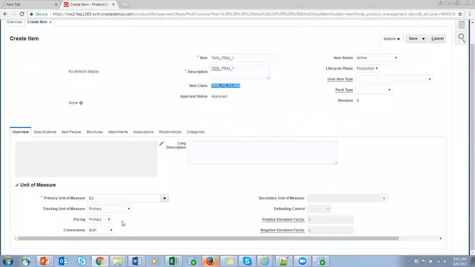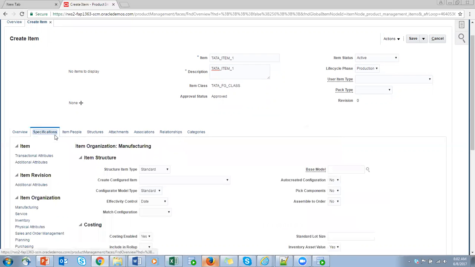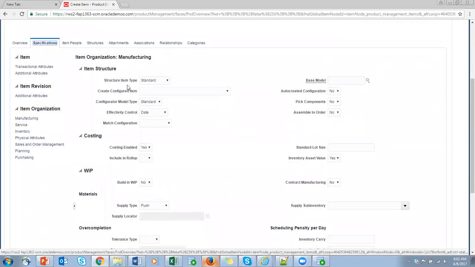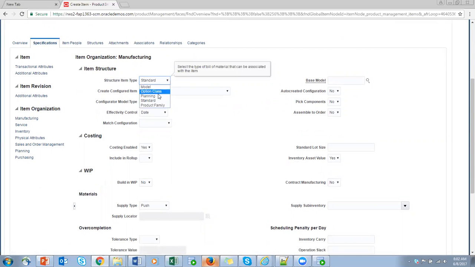Here, see, all these things came from the template. Whatever template we used, from there the primary unit of measure, each, we are using. So all these attributes are copied from the item template. See, BOM type structure, whether you are using standard BOM or bill model option class, all these things have flowed